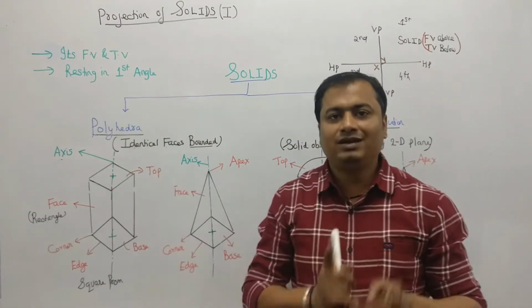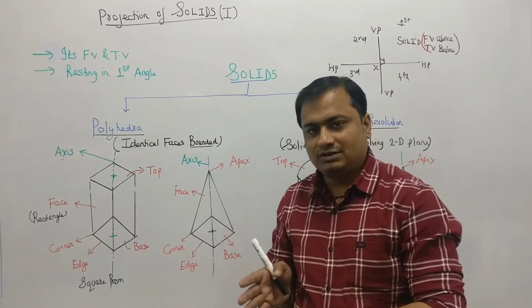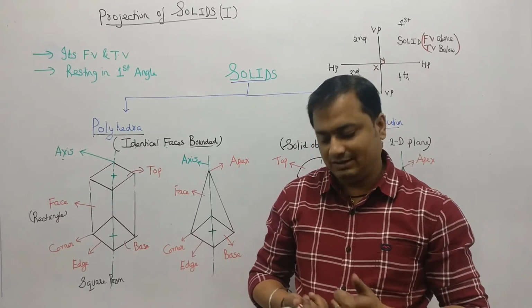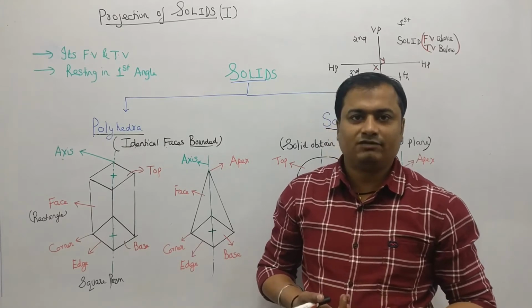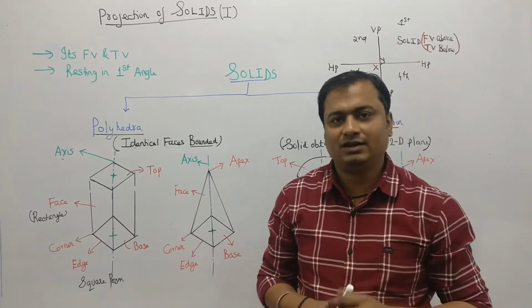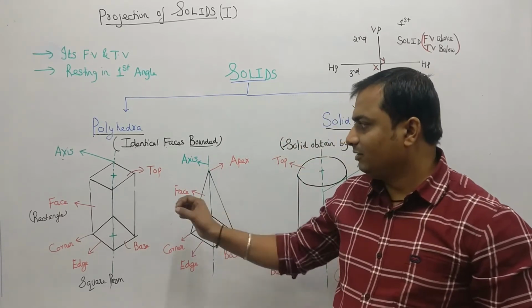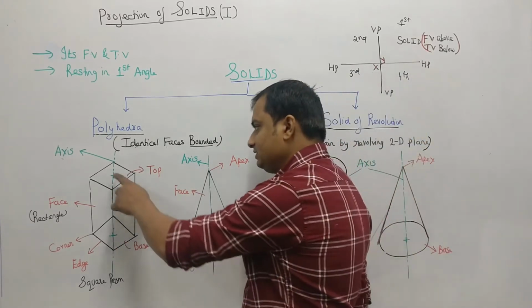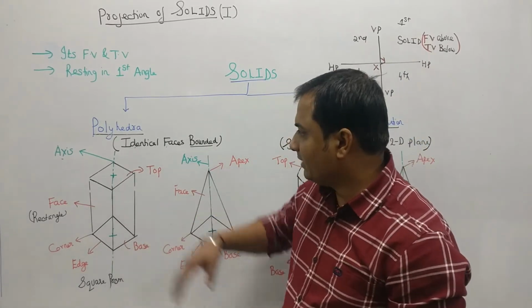So you have to be very clear. The problem is going to mention for which you have to draw the front and top view, whether it is the square one, the pentagonal one, or the hexagonal one. So you have to be very clear about that. Okay. Now there is one more term associated here, which is in green color. As you can see, I have just marked it in green color.